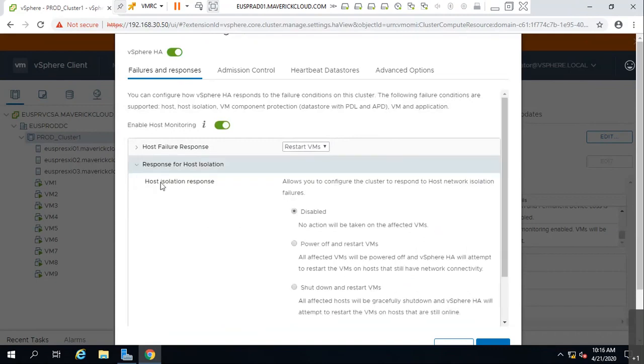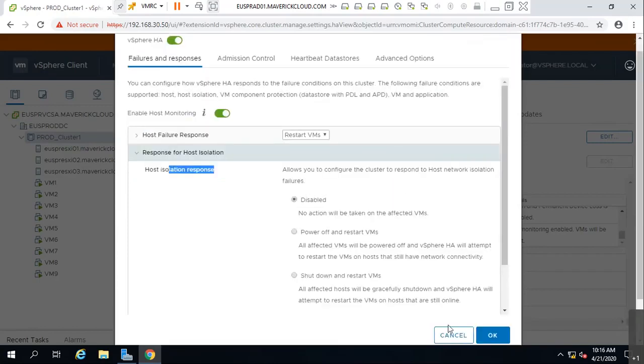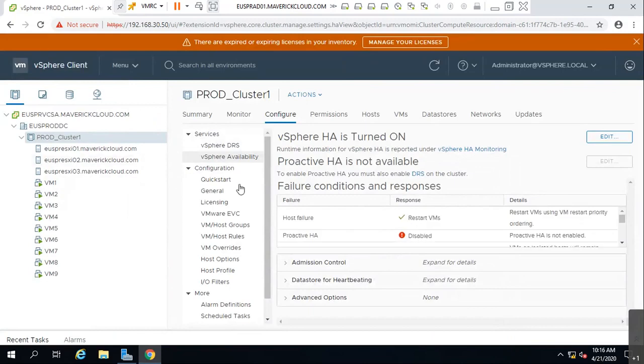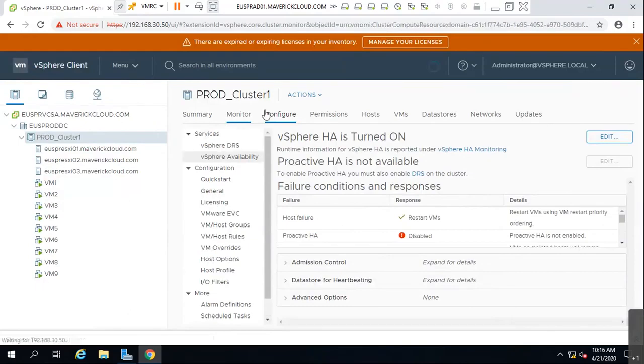Host isolation response, don't do any action. If the host is disconnected, please don't try to do anything, just leave it. Fine. But what I'm looking for is HA slots. Where can I find it?